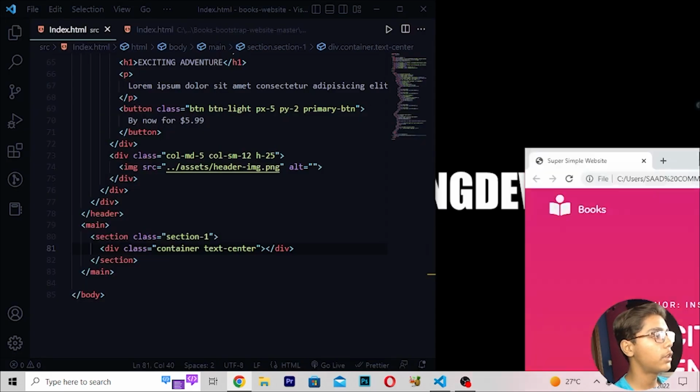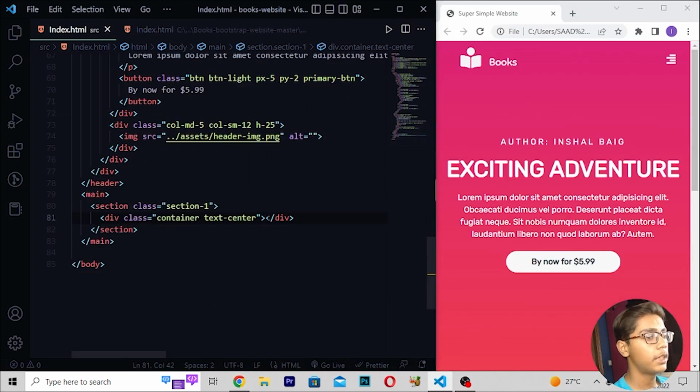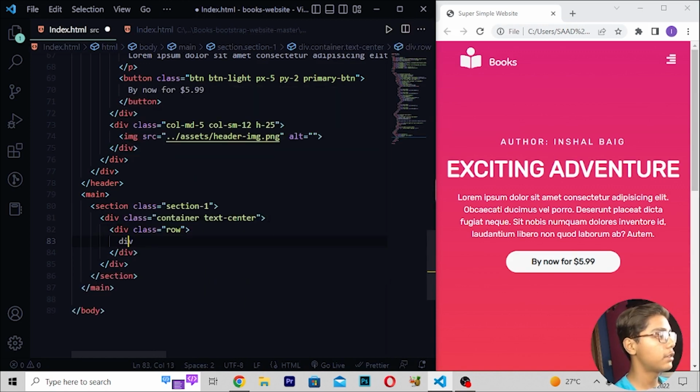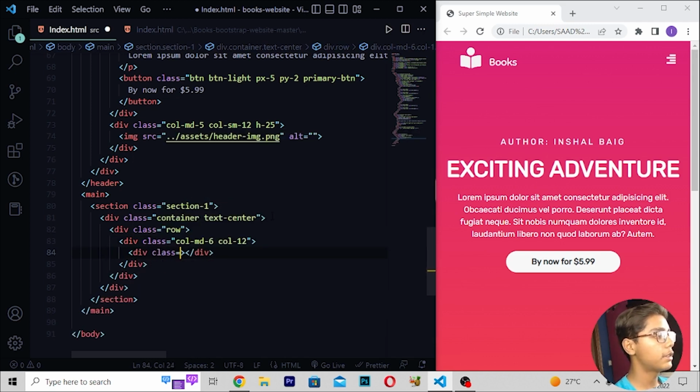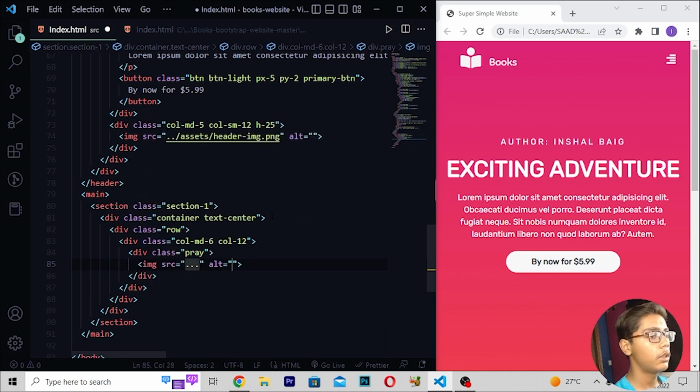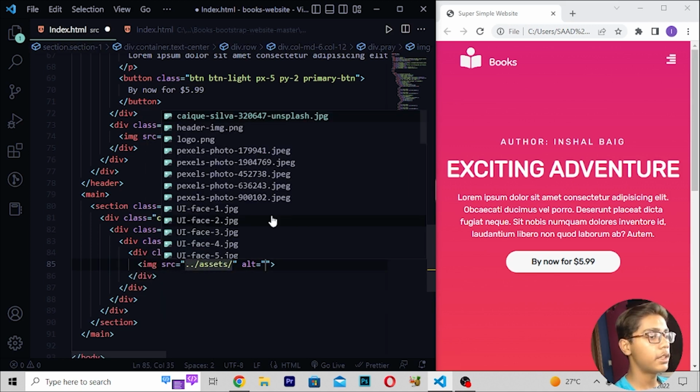Now when you are getting this, I will be moving into this tag, then I will write div class row. Then right here div class col-md-6, then here I will write col-12, then div class, and here I will write a tag, then image source dot, then /assist,